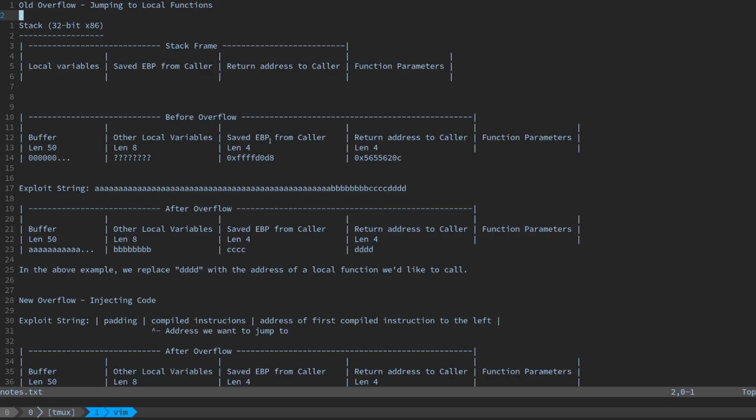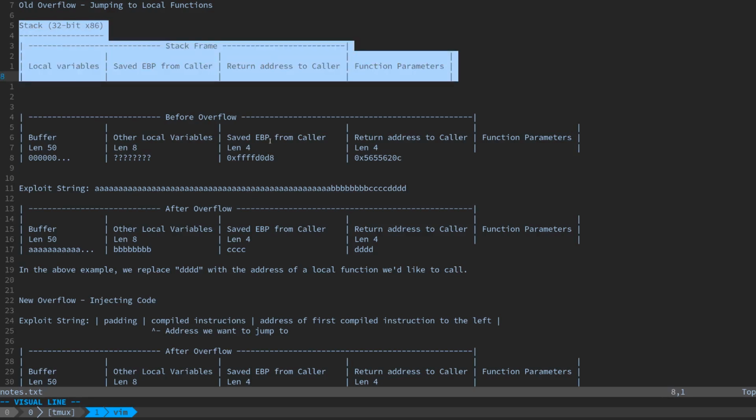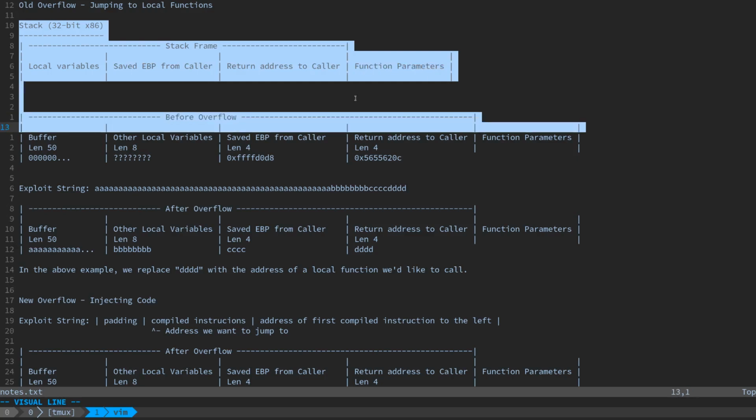In this next example, we're going to look at a slightly more advanced buffer overflow. So previously, our buffer overflow looks something like this. If this right here was the structure of our stack frame, where we have our local variables, the saved base pointer from the previous calling function, and the return address into the caller along with our function parameters, what we would do is